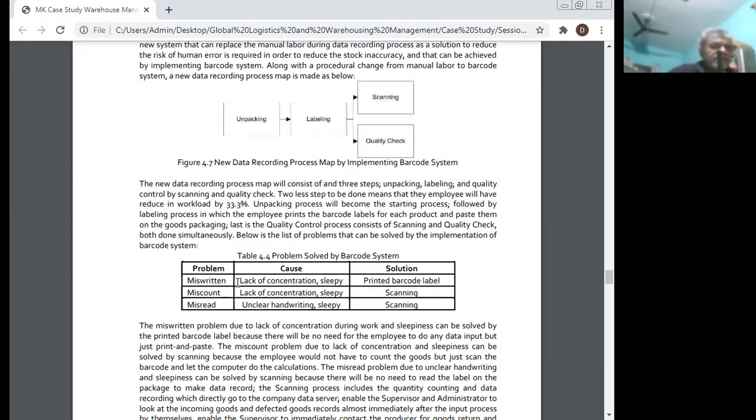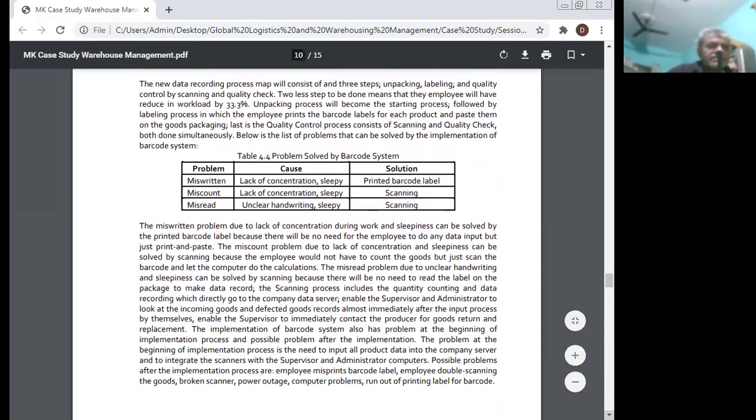Problem is the miswritten. Cause is the lack of concentration, sleepiness. Solution is the printed barcode label. Miscount: lack of concentration, sleepiness. Solution is scanning. Misread: unclear handwriting, sleepiness. Solution is scanning. The miswritten problem due to lack of concentration during the work and sleepiness can be solved by